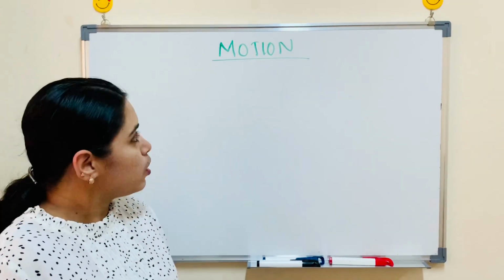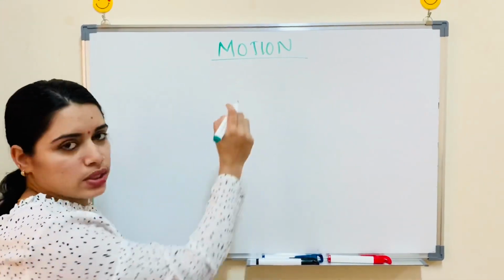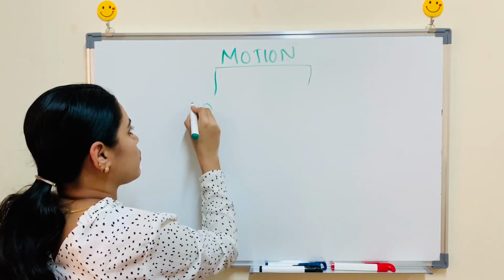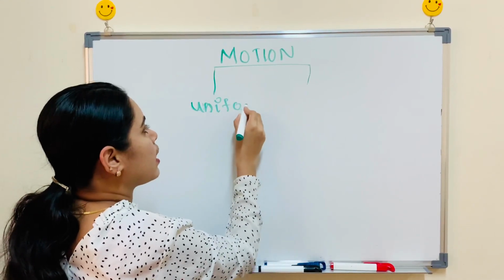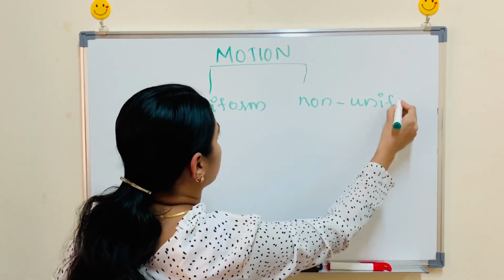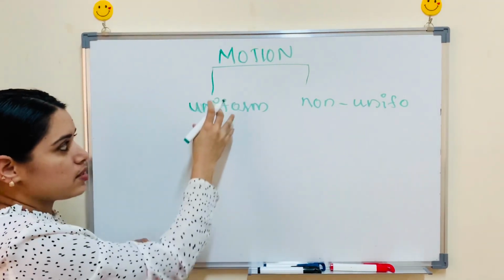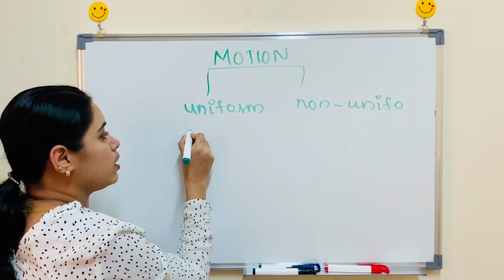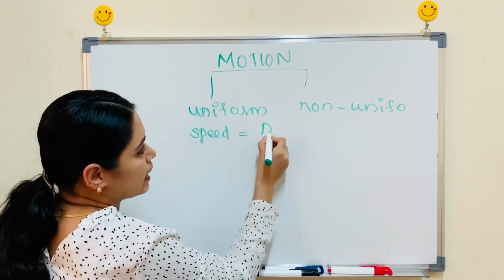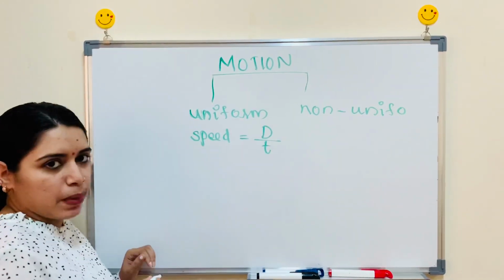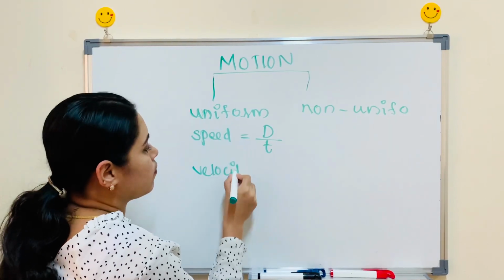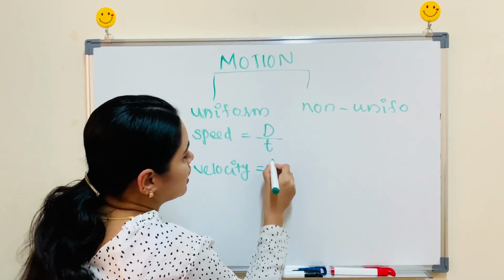Okay. Now, our chapter is motion. We studied two types of motion. First one is uniform motion and non-uniform motion. And the things that we have to keep in mind in uniform motion are, first one, speed. What is speed? We studied speed is equal to distance divided by time. Then we studied velocity. Velocity is equal to the displacement